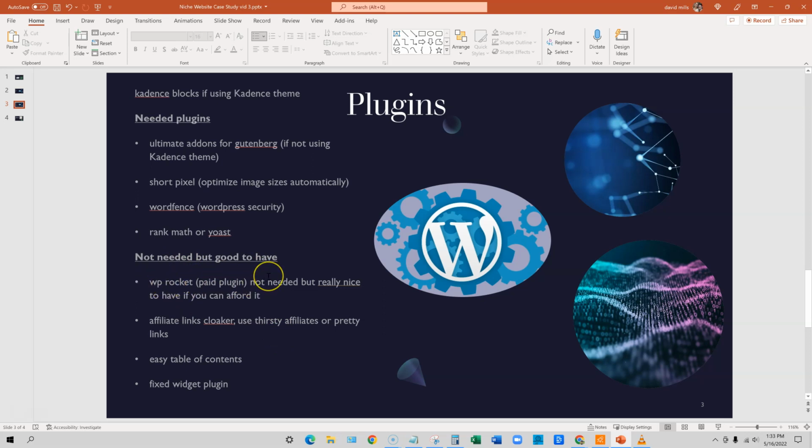WP Rocket, I believe it's like $49 a year for one site, or $100, not sure. But it basically will do a lot of caching, and it will speed up your website and make it a lot faster. This is especially important if you are running a big WordPress theme that has a lot of features, or as your site gets really big and you have 100+ pages on your site. You're going to need to keep up with the speed of your site, and WP Rocket will help you to optimize your site to keep it running at really fast speeds,